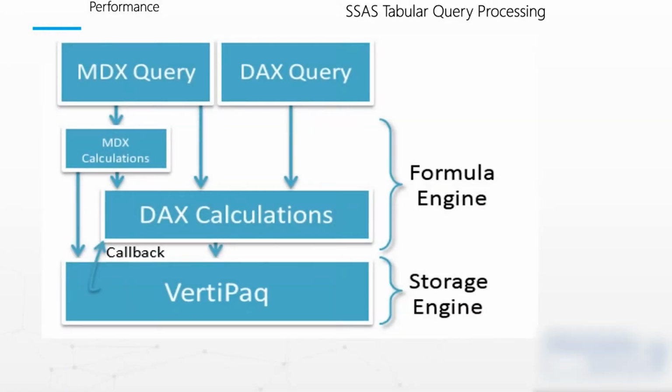Here is your tabular query processing engine. And really, tabular models can be queried by using both MDX and DAX queries. This diagram explains the underlying query processing architecture of Analysis Services when running in tabular mode. DAX queries can reference DAX calculations. These DAX calculations can reside in the model, in the session, or in the define clause of a DAX query. For example, you can have Power View reports, Power Query reports, and Power BI reports generate DAX queries to gather